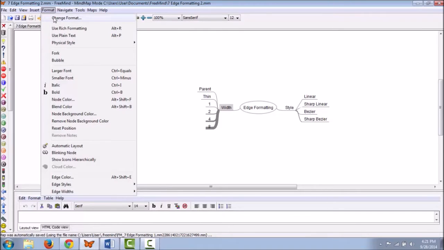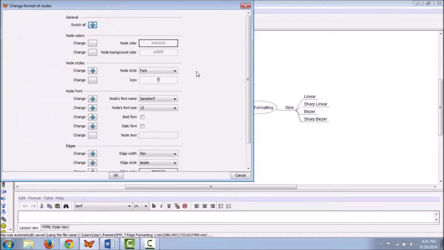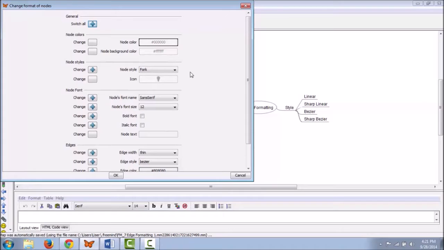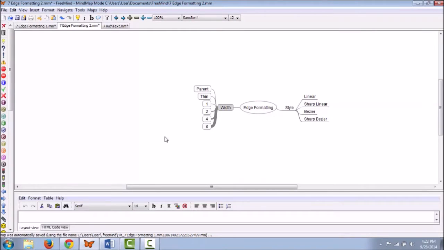The first option in the Formatting tab is Change Format. This window allows you to view current settings and change the nodes and edges you are working with. Let's look at the node style. It is currently fork. I can change it to bubble, and when we save, we'll see the selected node is